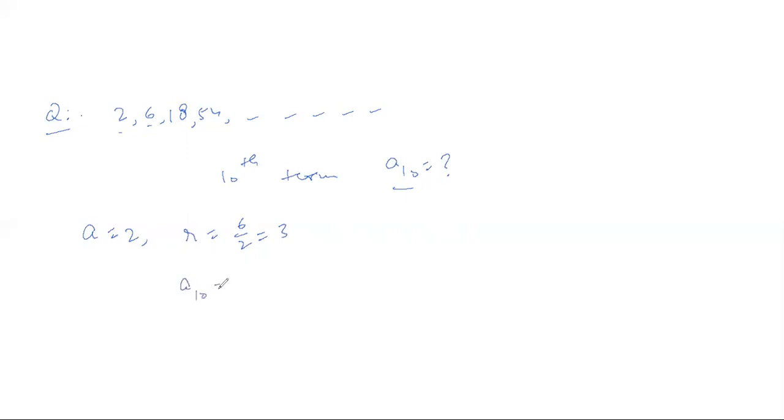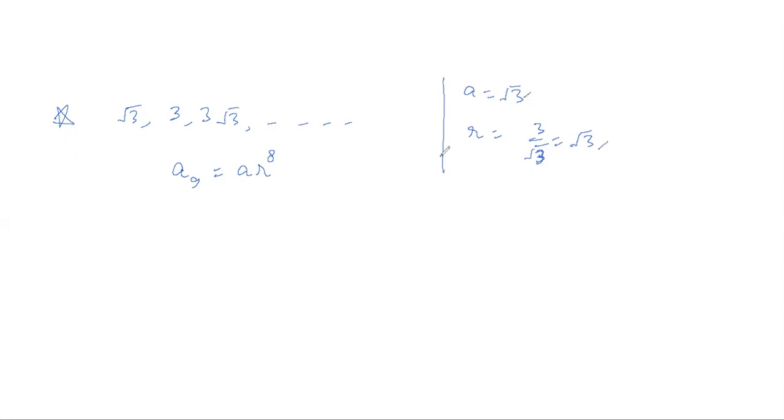So A10 will be equal to A r raised to power 9. As I was telling you, A10 will be A r raised to power 9. So the value of A, as you know, is 2, and R is 3, which we just got. It will be a very large value, but you can simplify it, or you can leave it as it is also. That's not important to solve it. This was the basic question actually. Let's take one more.